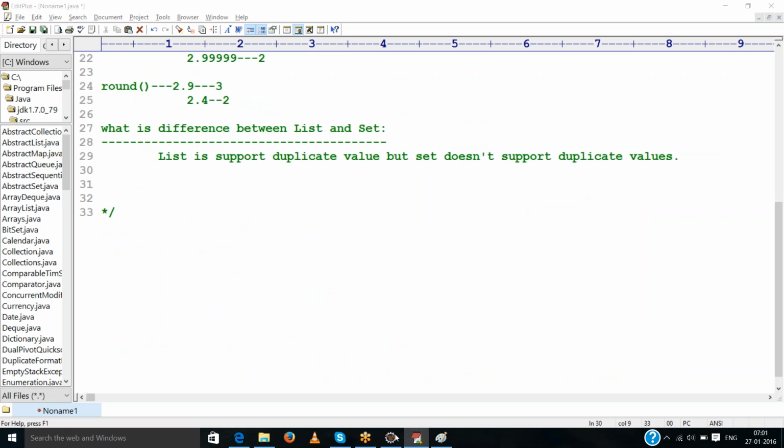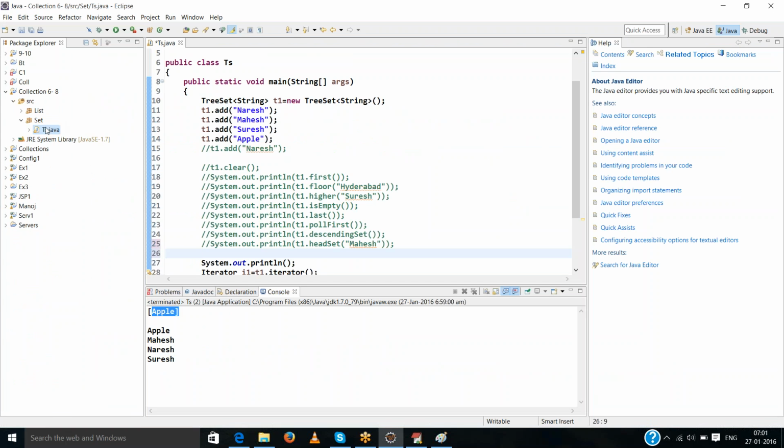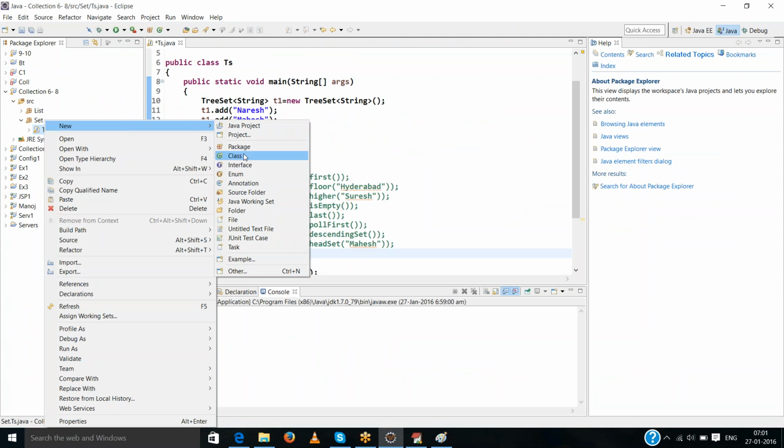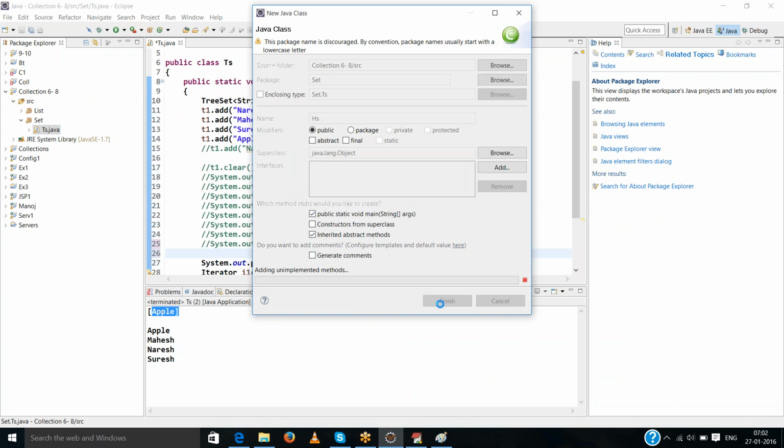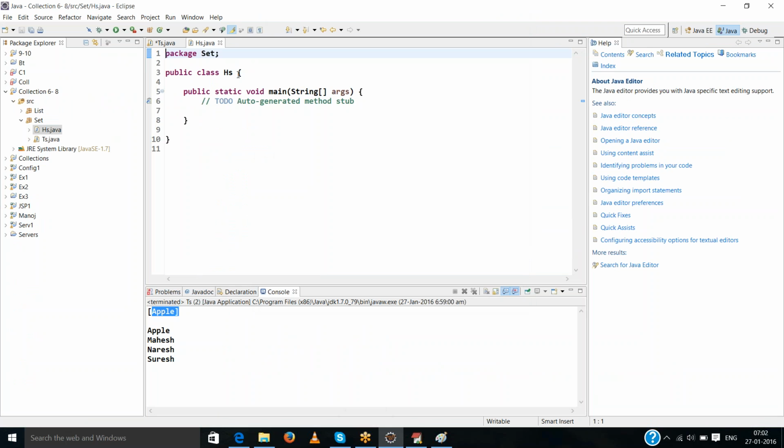Next point, the last one, is hash set. Hash set h1 is equal to new